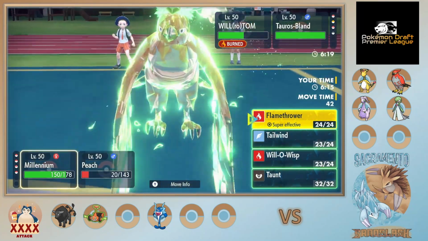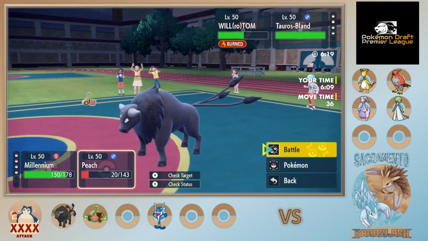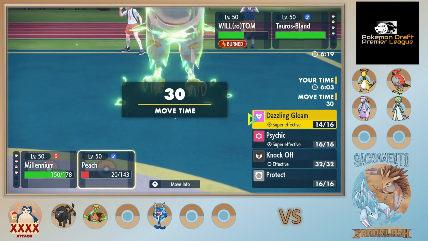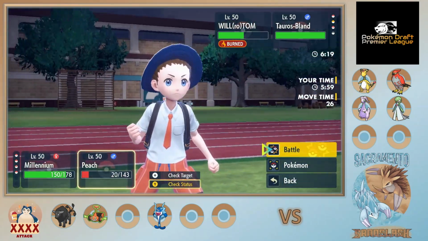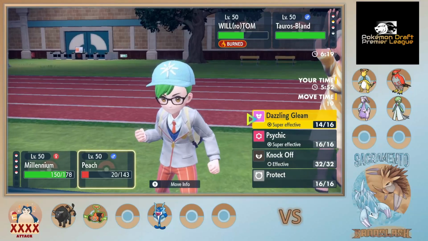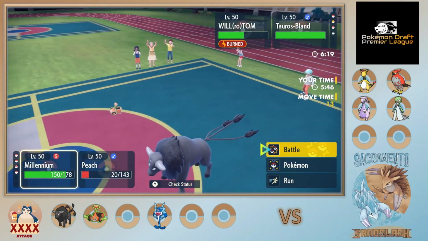I'm gonna Will-O-Wisp here, and then do I want to Protect? I probably lose Peach, right? Which is kind of because of the Tauros. Do I want to Protect at all? I could also swap, right? But I feel like they could easily just Earthquake. I don't know if it's worth me waiting. Yeah, they have 2 more turns of Tailwind. I also want to keep...